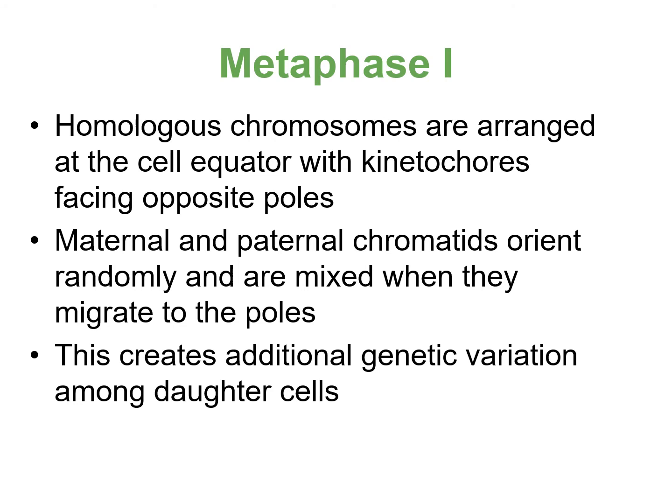And then in metaphase 1, what's happening is the homologous chromosomes are going to be arranged at the cell equator. They're going to align on that metaphase plate, and their kinetochores are going to be facing opposite poles. So both the maternal and paternal chromatids orient randomly, and they're mixed when they migrate to the poles. And this mixing is responsible for creating additional genetic variation among daughter cells. And this additional genetic variation is very good for proper recombination